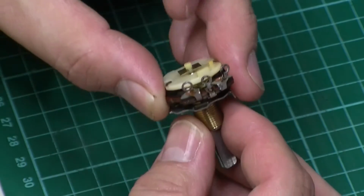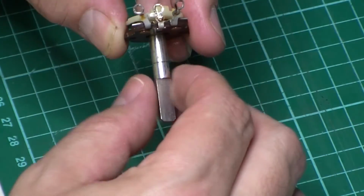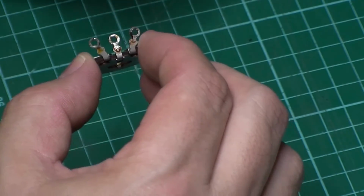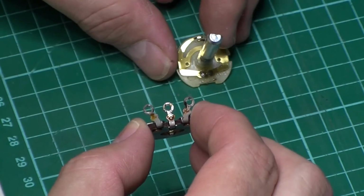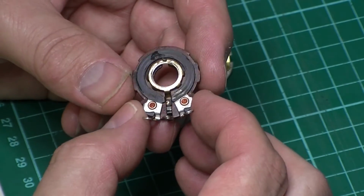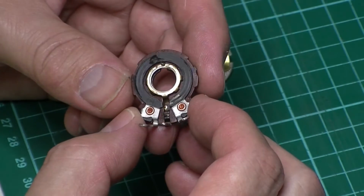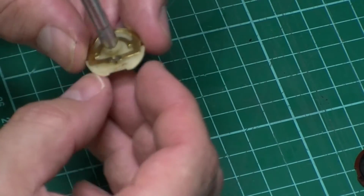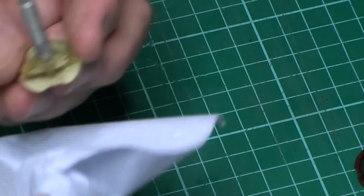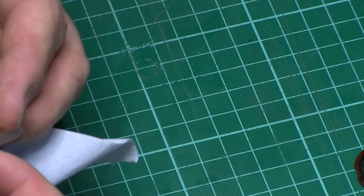Well, hopefully I'll get as much of this on video as I can, so that collar there just comes off by the looks of it. Then that piece. So there's a carbon track. That to me doesn't look too bad, but what I think is the issue is these pads here. It looks like